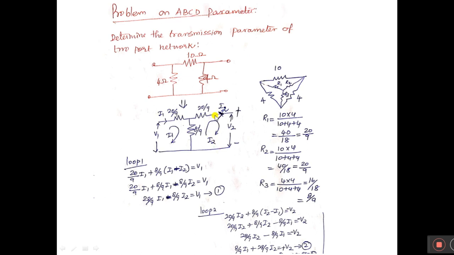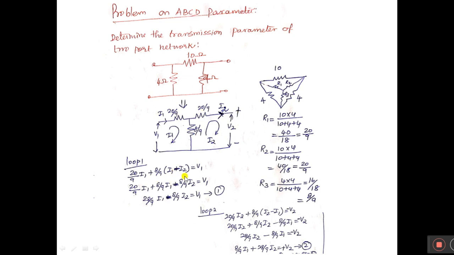And remember, in ABCD parameter, current should flow in the input terminal as I1 flows inside, but in second loop it goes outside the loop, right? Leaving from the port. This input current I1 entering towards the node, I2 leaving from the port, right? Accordingly, you choose the direction. This is very important. In the previous case, no problem. If you are putting current entering in all cases, but here current leaving.